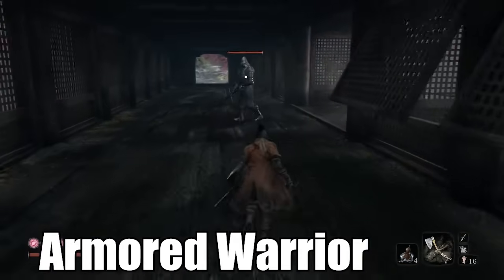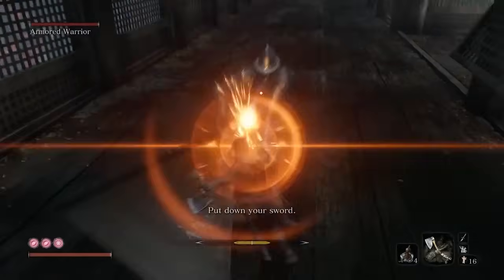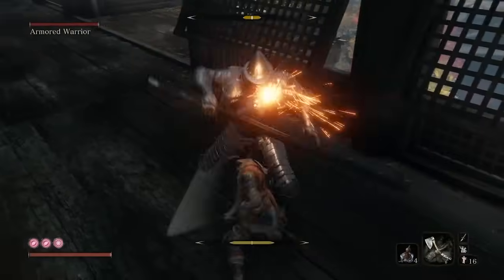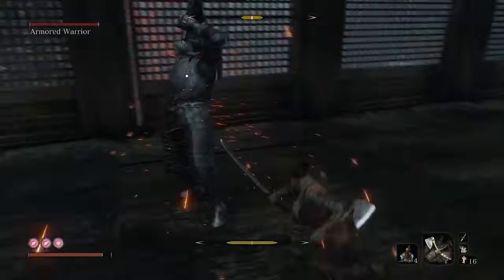The Armored Warrior doesn't have much in the way of build-up. He strolls up on the tight bridge, he looks like Dark Souls at home, and he yells something about his son before he starts swinging his greatsword. He seems to have plenty of openings, but the first time you hit him reveals that, plot twist, this is